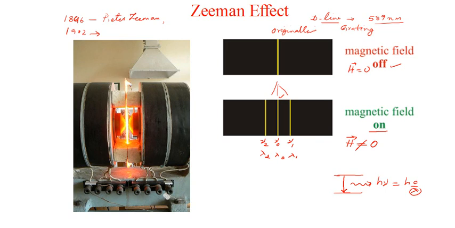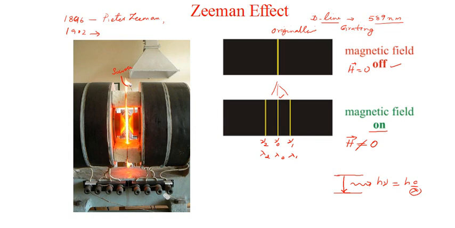Now you can see on the left side a typical arrangement that is used to observe the Zeeman effect. This is a sodium lamp. What you see in the middle, like a glowing tube, is nothing but the lamp. It can be any other lamp, not only sodium. The same phenomenon was observed with many other sources. This is a source of light, and in the first experiment it was a sodium lamp.